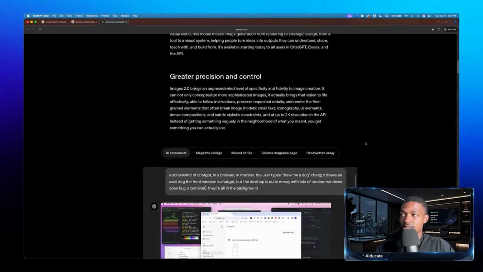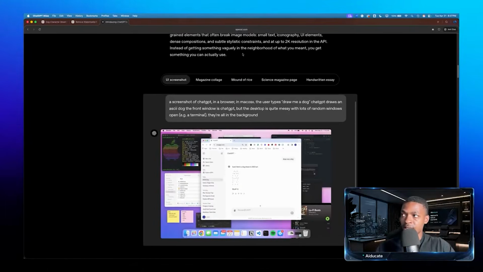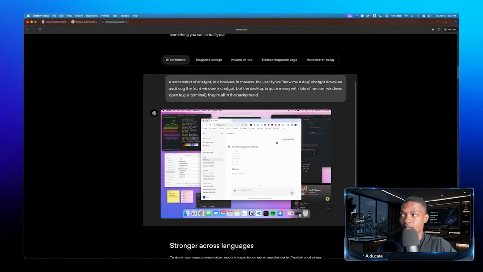All right, cool. So let's see some prompts and examples. A screenshot of ChatGPT in a browser in Mac OS X. The user types "draw me a dog." ChatGPT draws an okay, but the desktop is quite messy with lots of random windows open. So this is a real screenshot, and you know